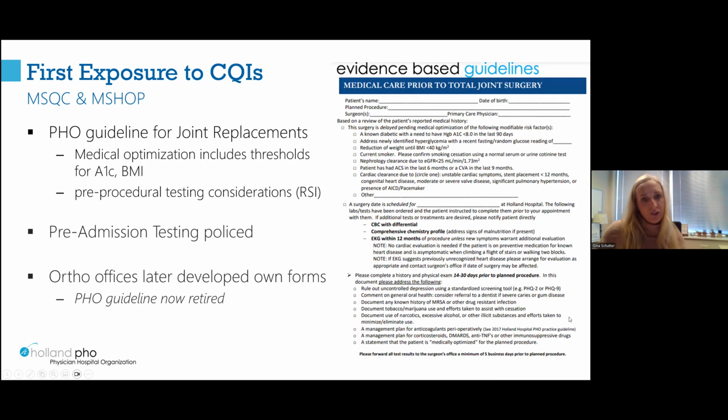Another example of action that we took through the work of the CQIs, this one was not specific to diabetes but inclusive of it because it ties back to that algorithm that I just showed you. It built on this expectation with MSQC and MSHOP of prehabilitating our patients and pursuing better surgical outcomes. So the PHO developed a guideline for our entire network, and we called it Medical Optimization Prior to Total Joint Replacements. It was very specific to joint replacement surgeries, but it listed in there thresholds for A1C, thresholds for BMI,